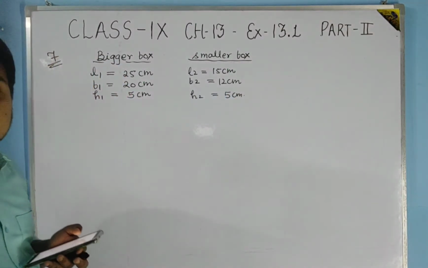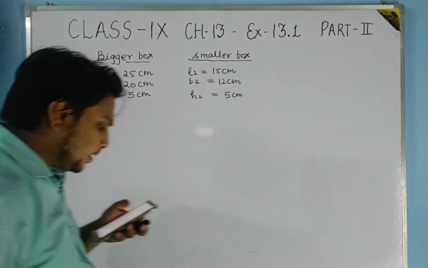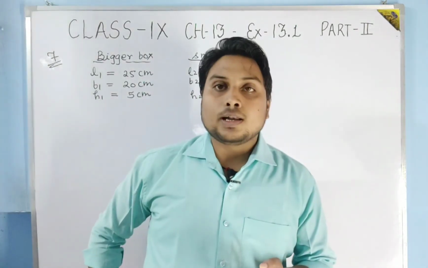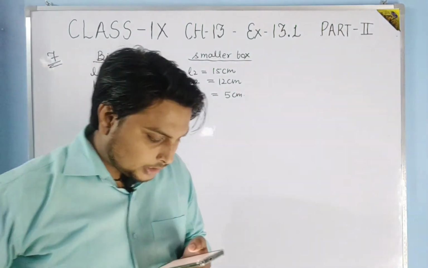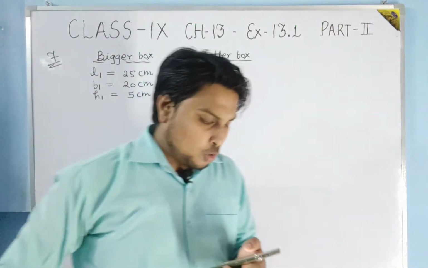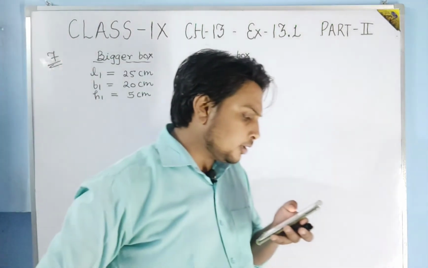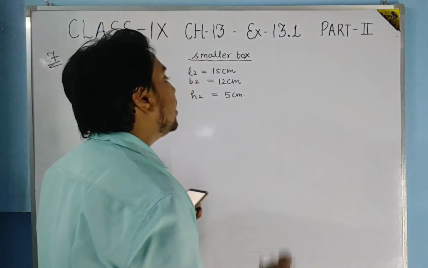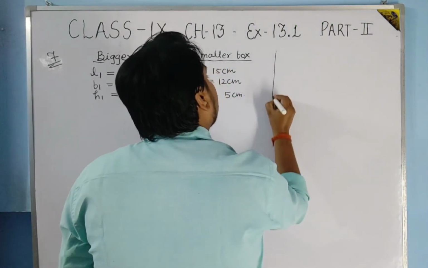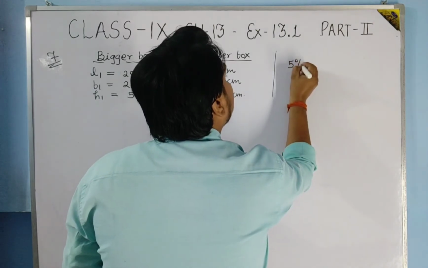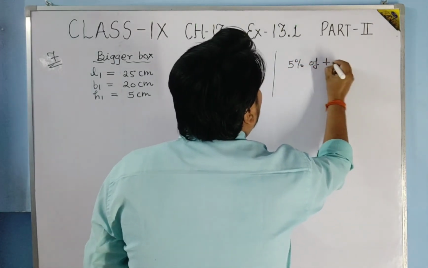So these two sizes of boxes are required to be made. For all the overlaps, the question says that 5% of the total surface area